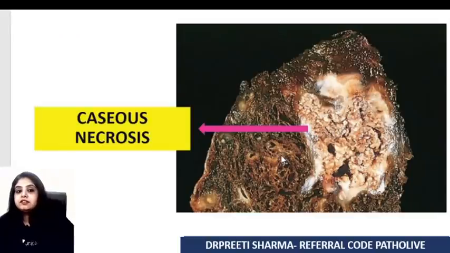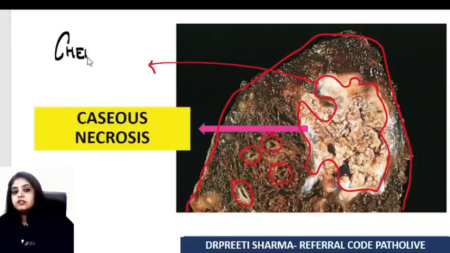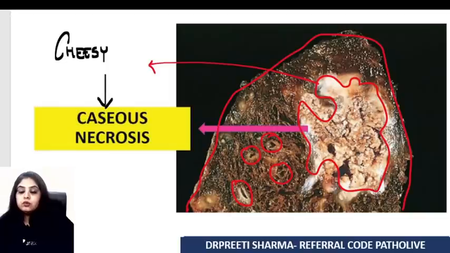Here we have a classical image from the lung. Why do I call it the lung? I can see the shape of the lung and I can see air spaces. These are all spongy air spaces that are there. And within that air space, I see this whitish cheese-like appearance. I hope all of you remember that's the word that you give to it. It is the cheesy appearance that we notice.